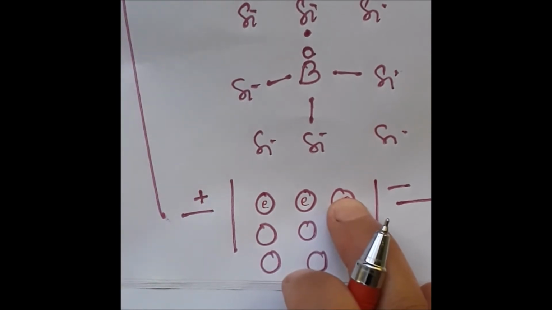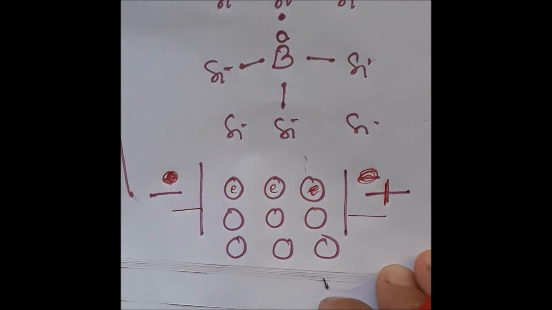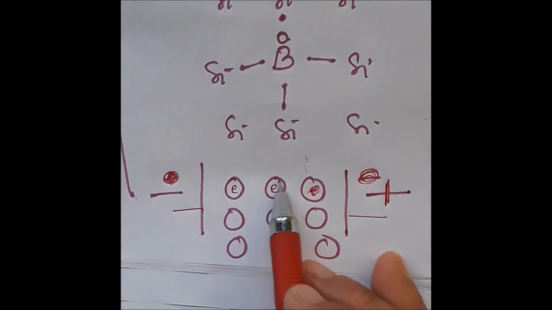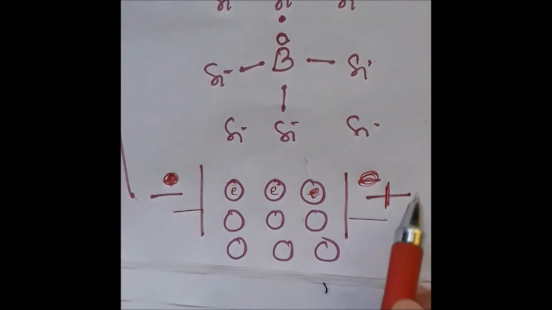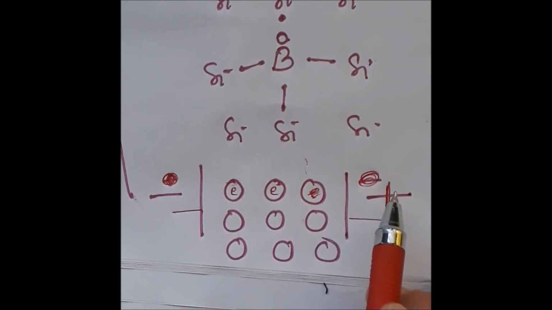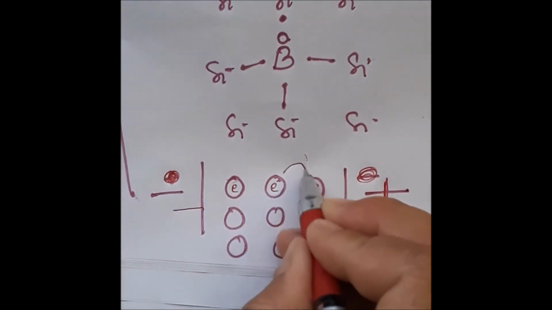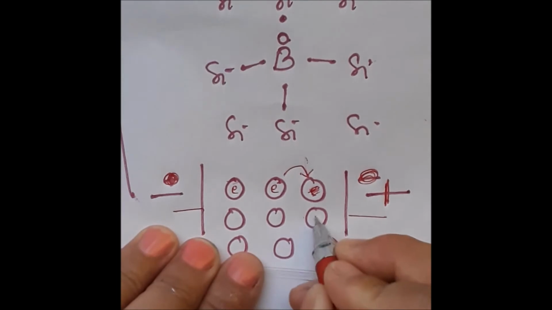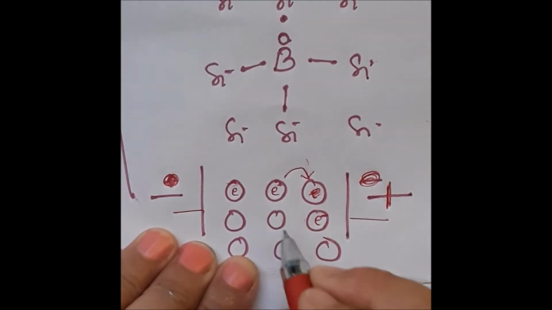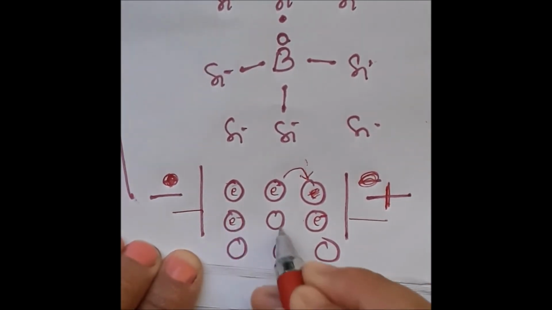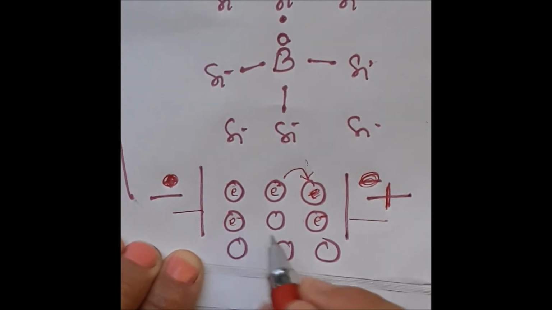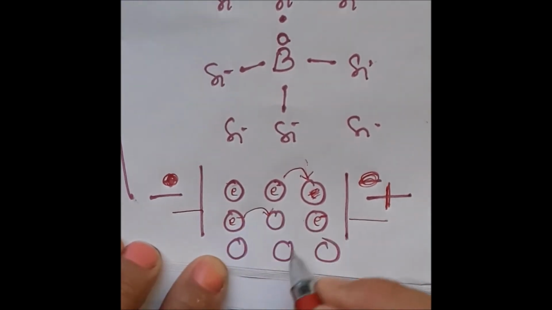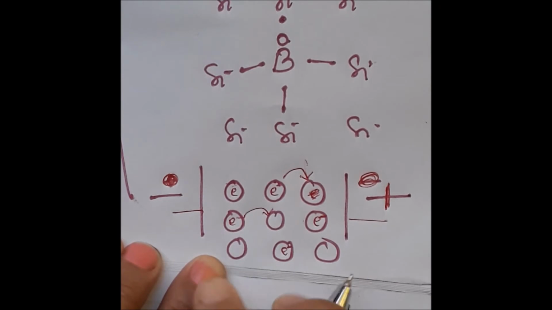Now, under the application of an electric field, what will happen? The electron, which carries negative charge, will move toward the positively charged plate. So this electron will move here, and where it was, a hole remains. Now again an electron will move to this hole, and a hole will remain behind. Now what is happening?